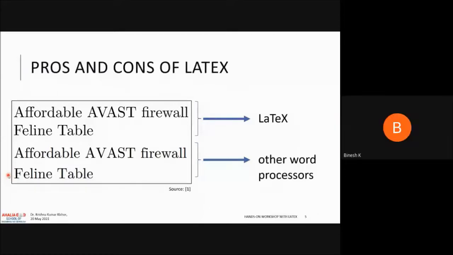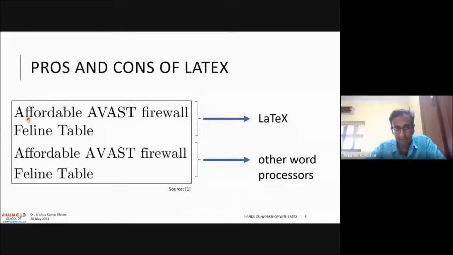There is a spacing between F in affordable. Over here, you mean? This one? Yeah. Okay, good. So if you look at the way the F is written, in a word processor, when you type two Fs on your keyboard, you'll get two Fs. Whereas LaTeX is a little bit smarter to identify that two Fs are there, and it will merge them in a more beautiful manner. What else? Anything else that you can observe?